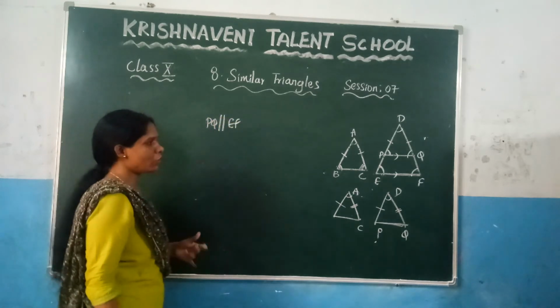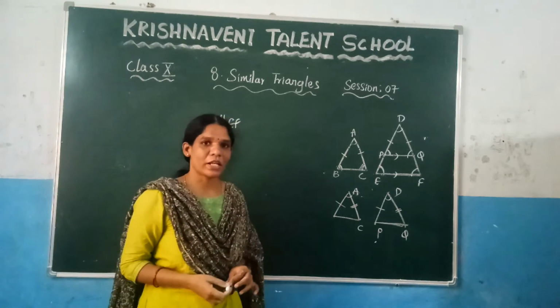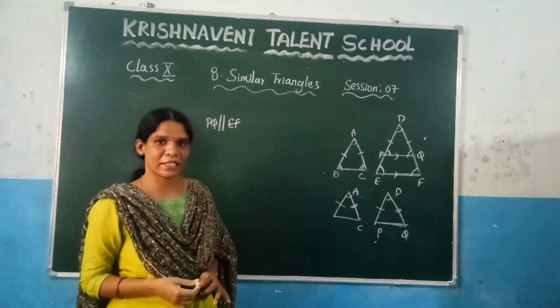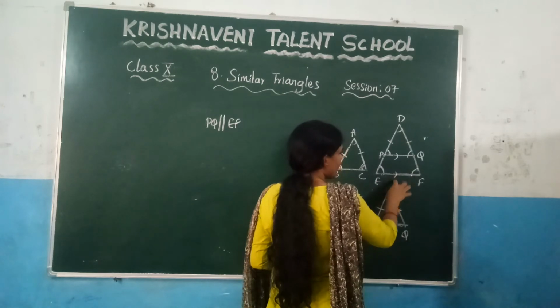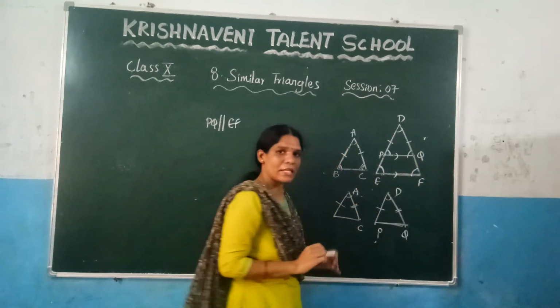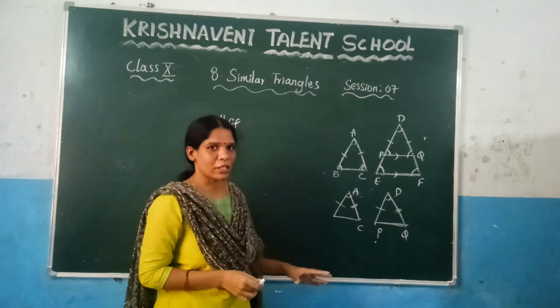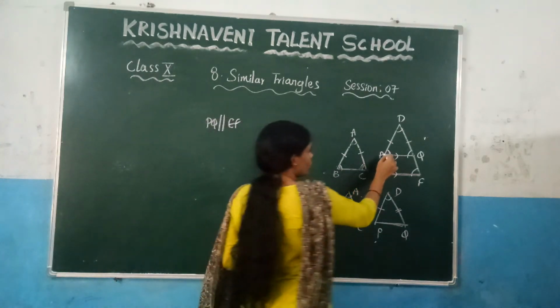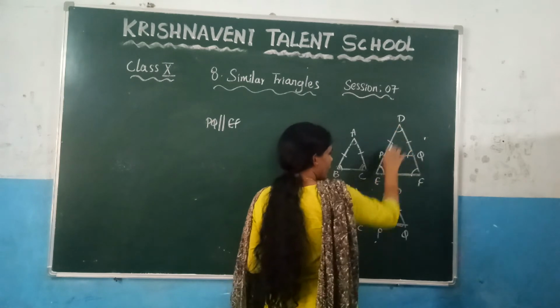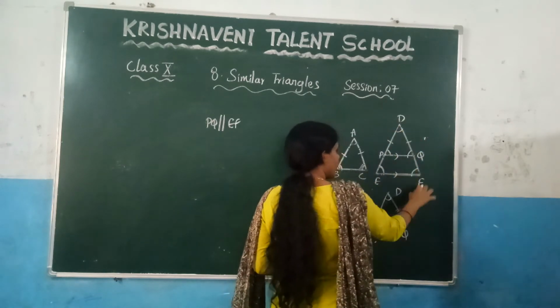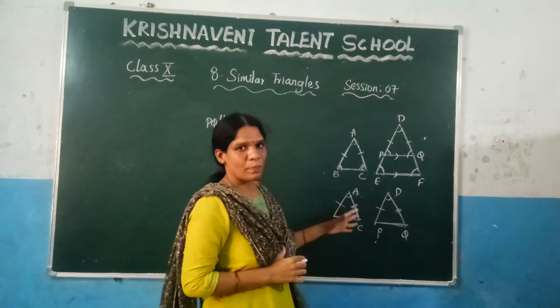So here if PQ is parallel to EF, now you can use the basic proportionality theorem. So you know that if one line is parallel to the third side, the other two sides are divided in the same ratio. And in the corollary we proved, if these two sides are parallel, the corresponding sides are DP by DE is equal to DQ by DF. You can take the bigger side here.